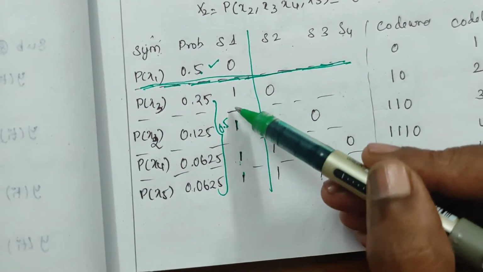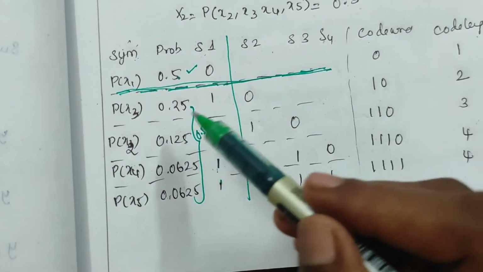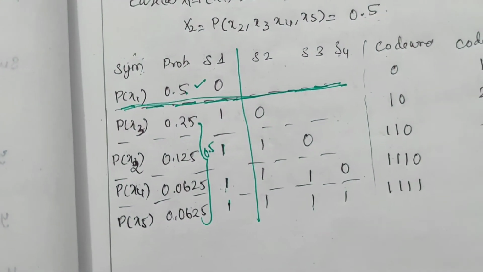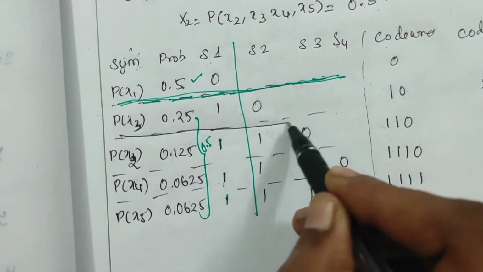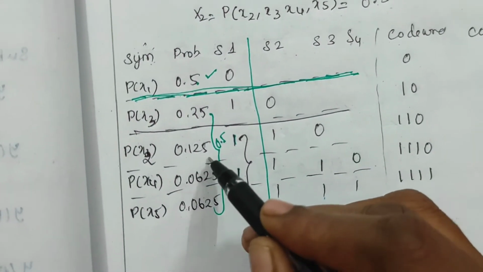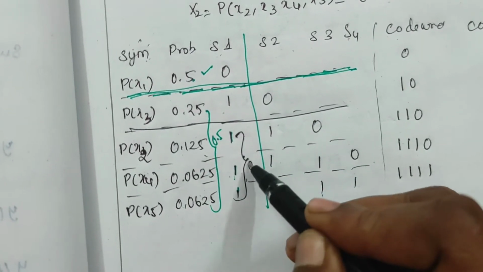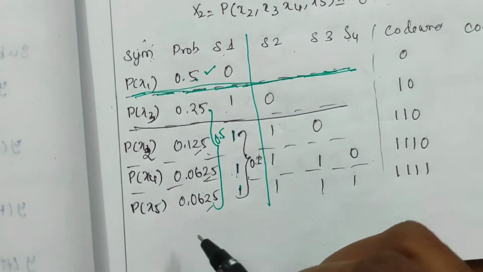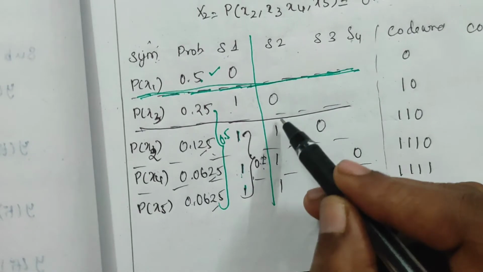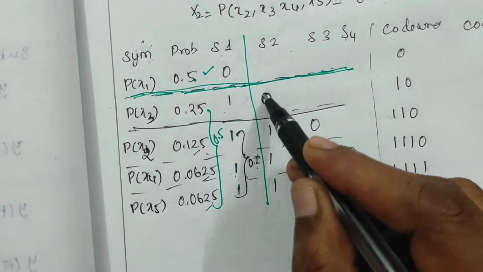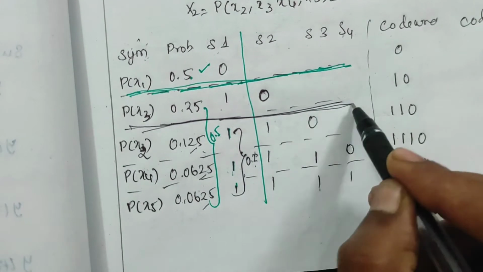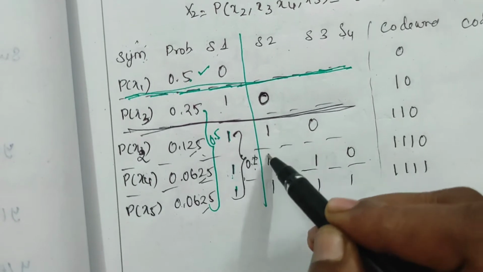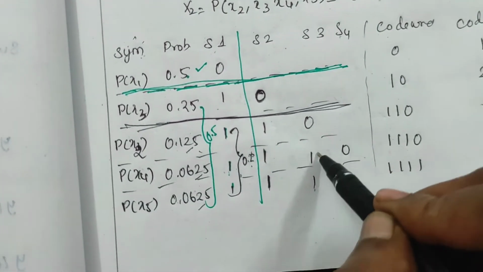So for this case, check the equal probability again. So you know 0.25 is the highest value. So take this half and add the remaining, and you will get the value of 0.25 again. So when you add 0.125, 0.0625 and 0.0625, you will get 0.25. So allocate again after dividing into halves. So this is the equal value. So divide it, then you allocate 0 in the top level and 1 to all the remaining. So similarly follow for the next case.